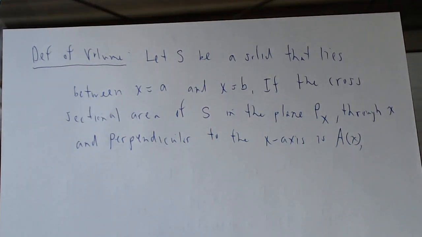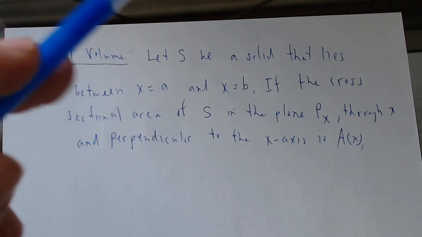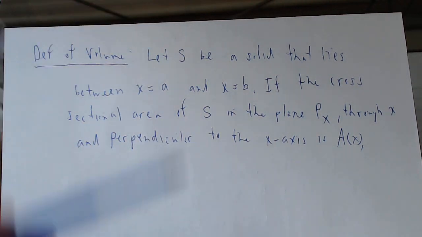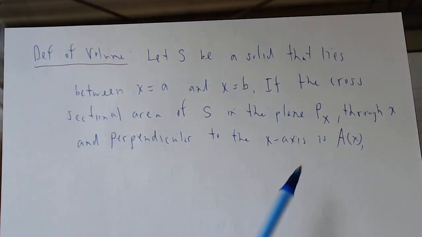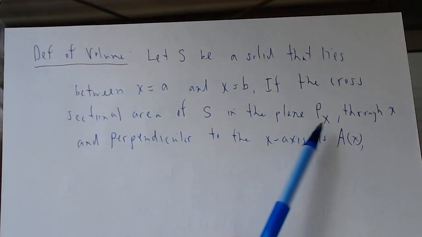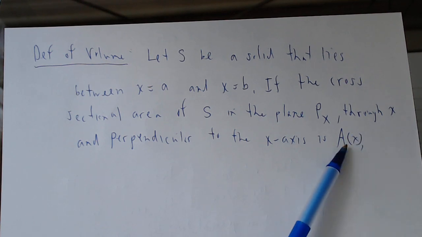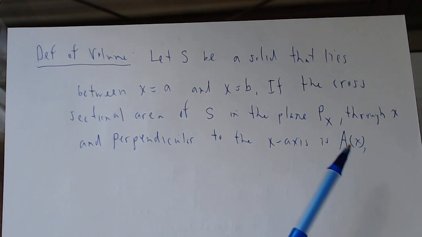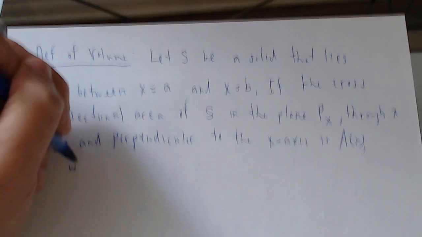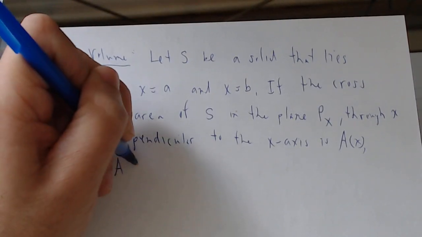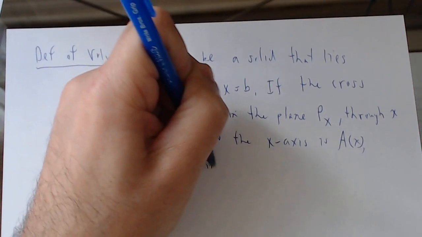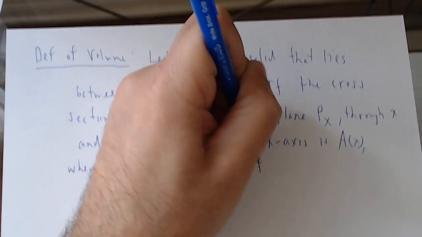So what are we saying here? The cross sections that we're taking are going to be vertical cross sections. So what we're saying is our cross section is going to be perpendicular to the x-axis, which means if the cross sections that I'm taking are perpendicular to the x-axis, then we need to find the area of the cross section, and the area should be in terms of x. Okay, and of course where A is a continuous function,